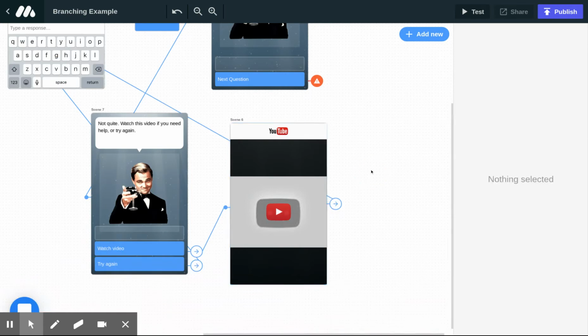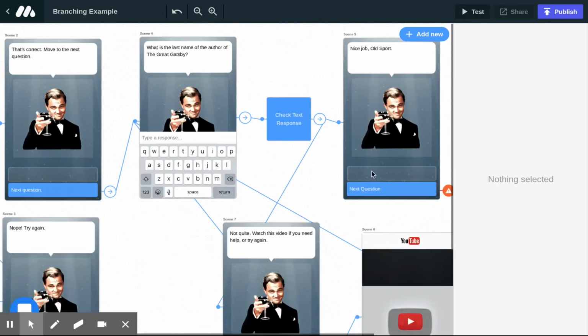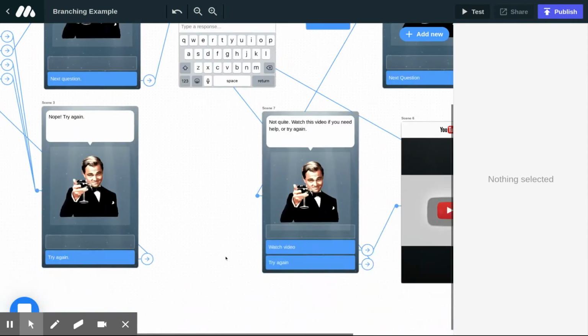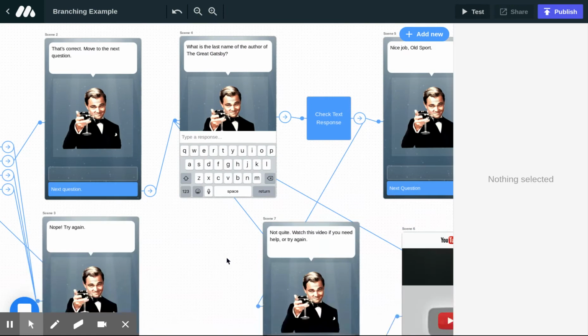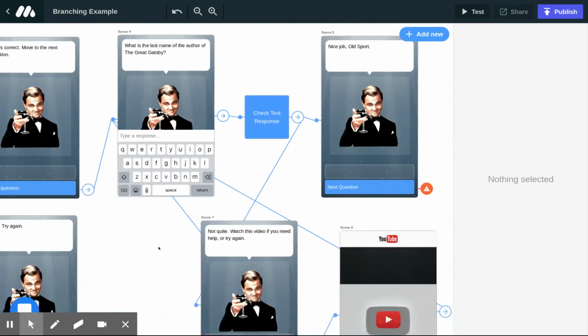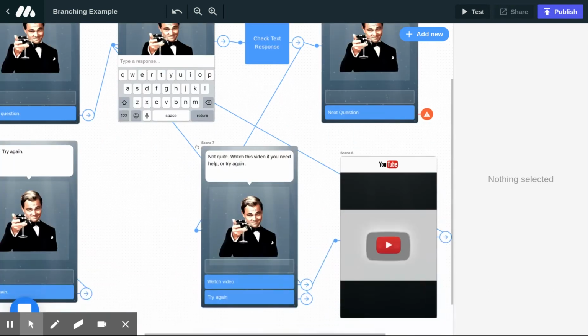So again, I really like branching for this reason. And obviously you could keep going here, but branching gives you the ability to send kids on different paths or users on different paths based on their performance. So if they are answering every question correct and they can go through here and answer all these questions and get 100% on all of them, then that's great. If they can't, you can build in other scenes or other parts of the experience that can help them. So you can build in links to different things, or you can build in videos,